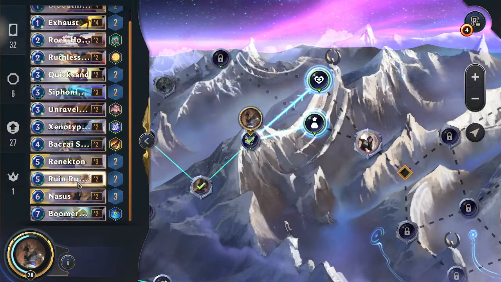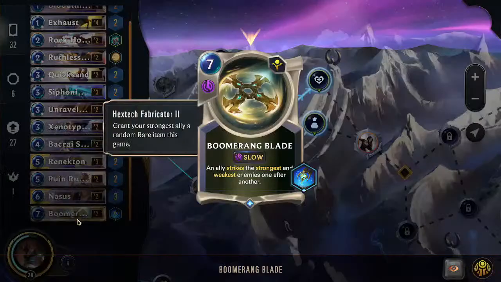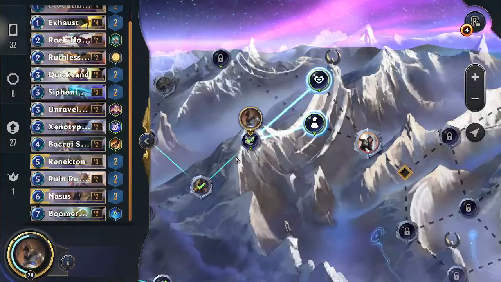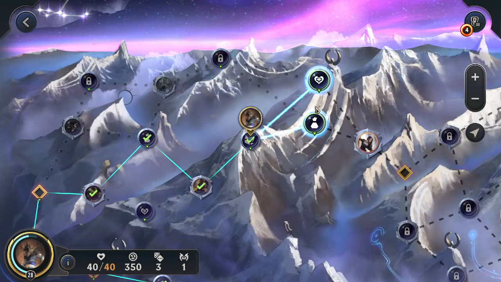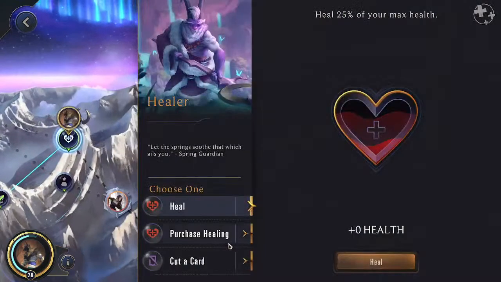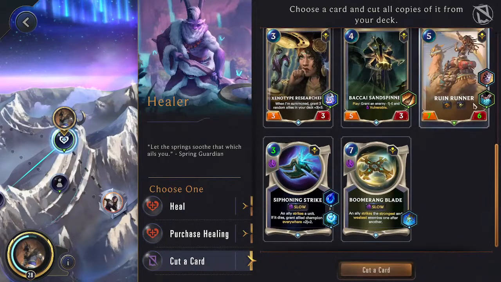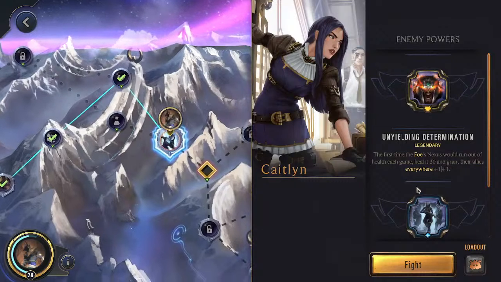Now, do I want to cut a card? We definitely want to cut the Ruin Runners at some point. It's the weakest card in our deck. Maybe we'll even cut the Boomerang Blade at some point. We have enough money to buy a power here, but we don't have to, and it would make our deck more consistent, so we'll do that. We'll cut the Ruin Runners. Last game they kind of cluttered our hands, so...